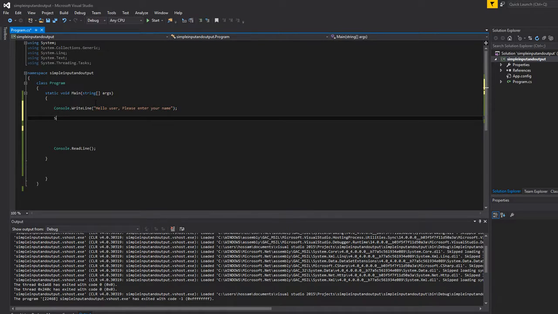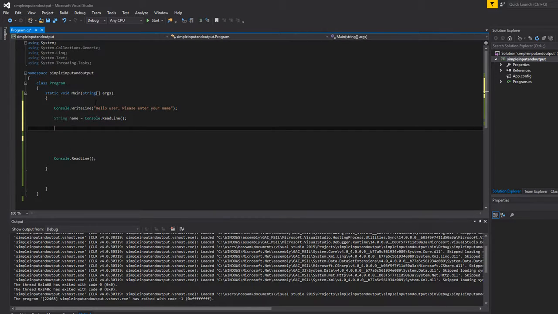And so we're gonna use string, and then let's just say name, which will be our variable name, excuse me, and then we're gonna store whatever the user enters, which will be console.readline, sorry. Remember, readline is for input, writeline is for output. And then we're just gonna say console.writeLine,